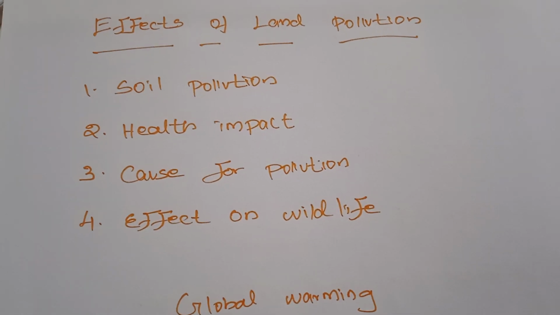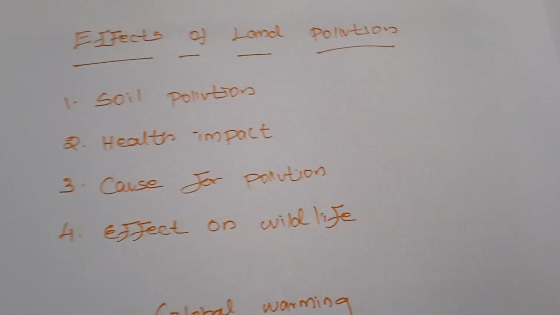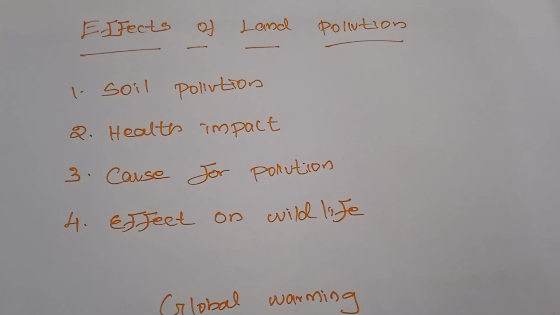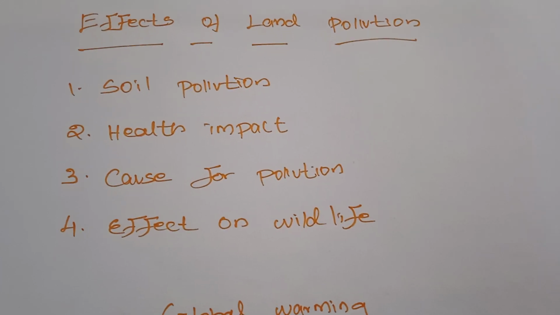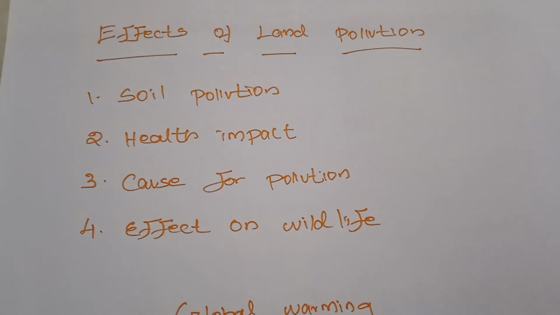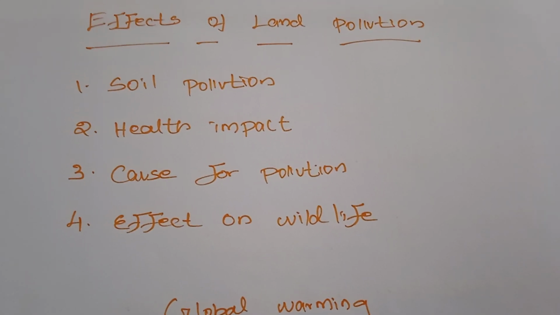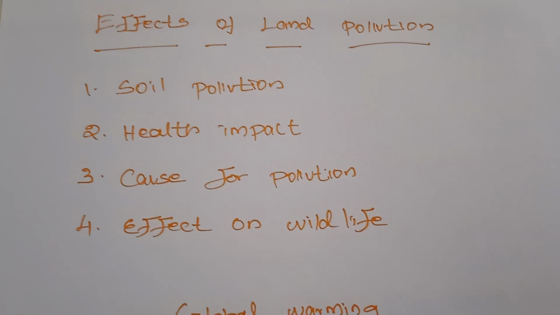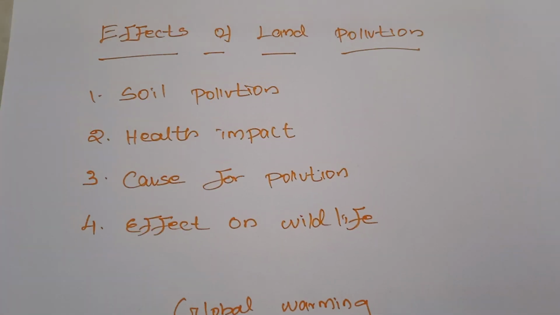Next, minimizing the usage of pesticides. If farmers use organic fertilizers, it will never affect the human body and the land. If farmers reduce chemical fertilizers, the land will automatically recover its prosperity. Next is shifting cultivation. Shifting cultivation means we should not cultivate a single line of crops. Every season, we have to change the crops.